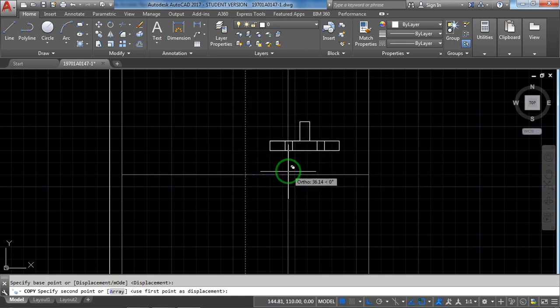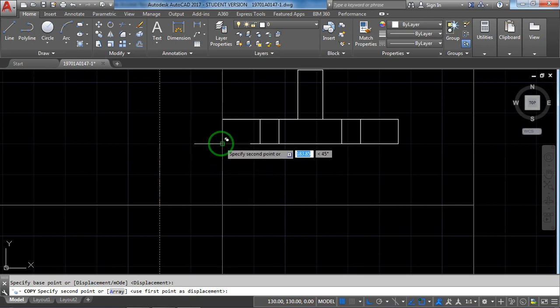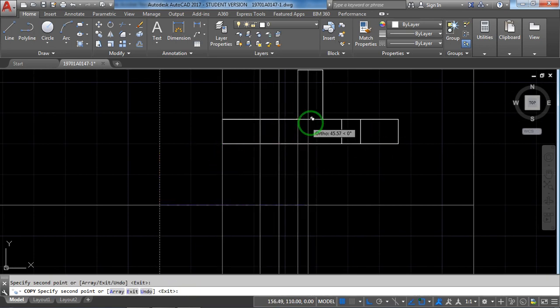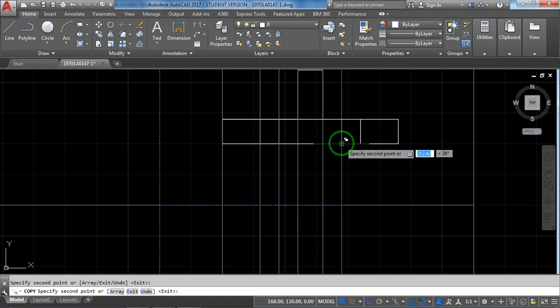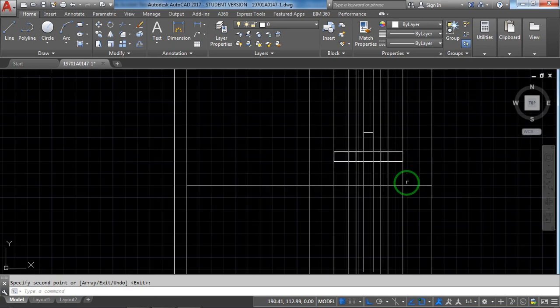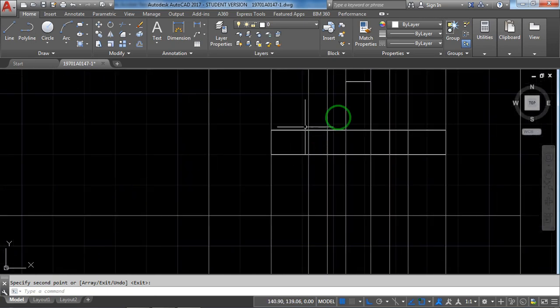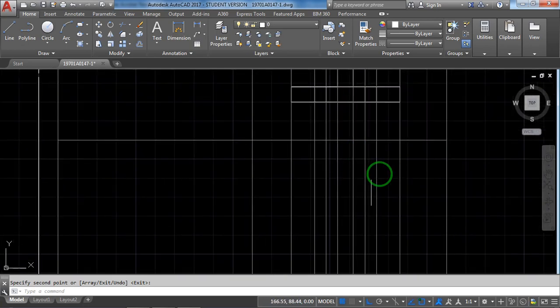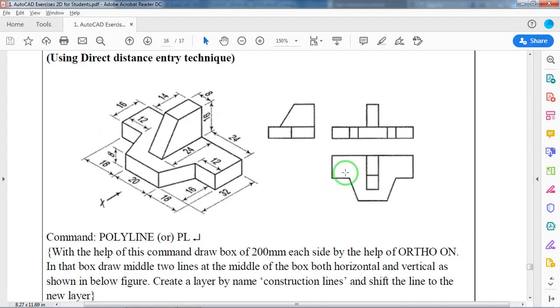Now you can see it's moving. Now we'll just keep on drawing at these particular lines. I'm just copying them, enter. Now I have drawn some parallel lines at the edges of the front view. Why are these needed? When you draw the top view, it should come onto the same line. That's the only meaning, nothing other than that.